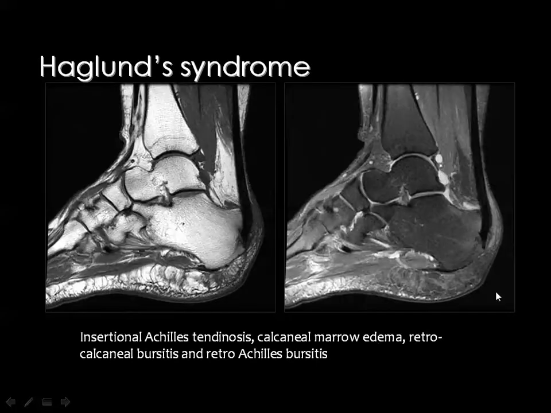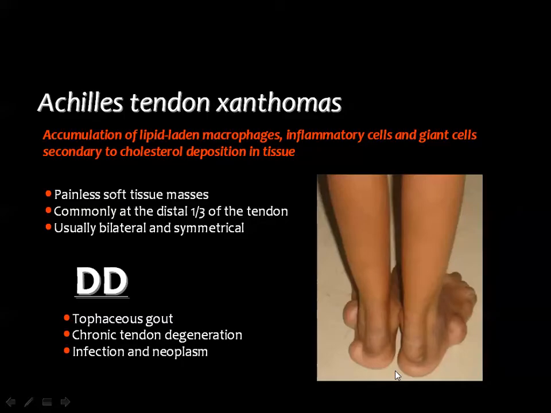And this is Haglund syndrome with some thickening of the Achilles tendon, some fluid in the retrocalcanean bursa, and subcutaneous edema superficial to the tendon, low signal in the T1 and high signal in the T2, forming the triad of Haglund syndrome. Then Achilles tendon xanthoma is an accumulation of lipid-laden macrophages, inflammatory cells, and giant cells secondary to cholesterol